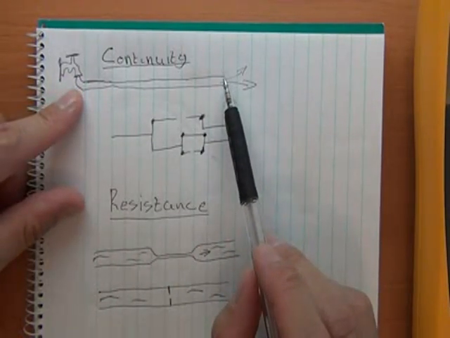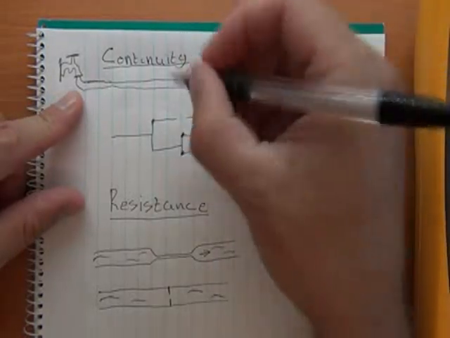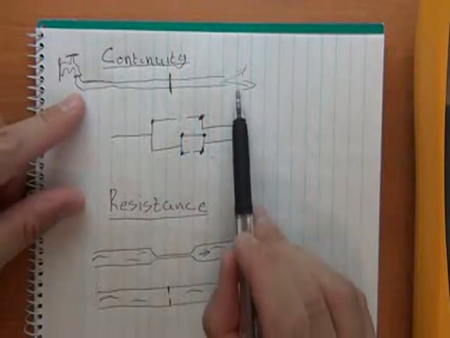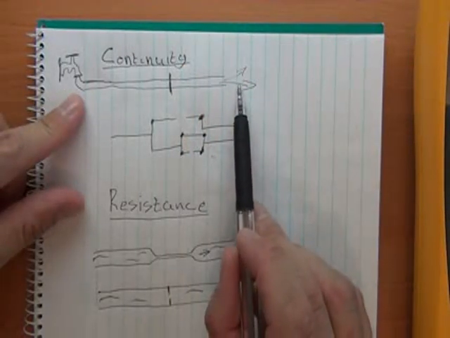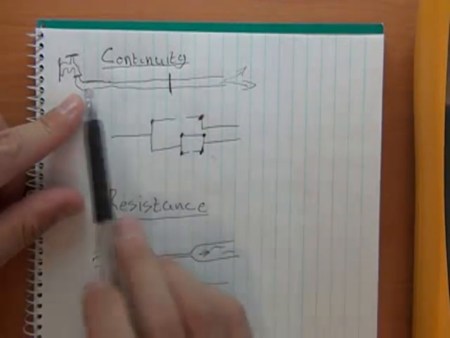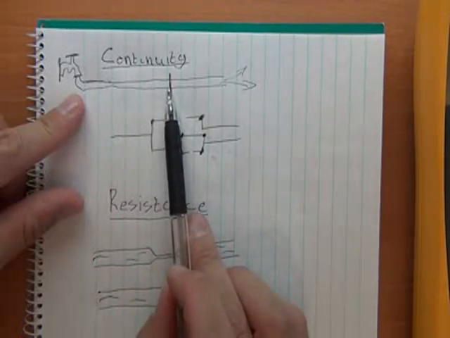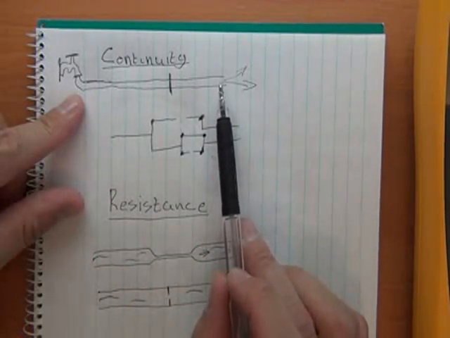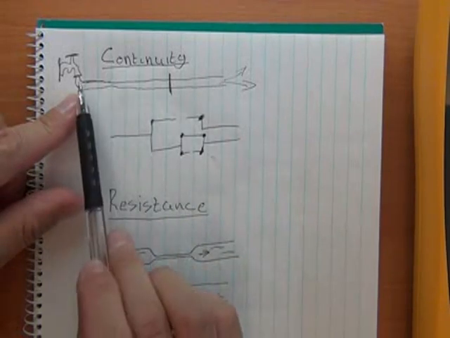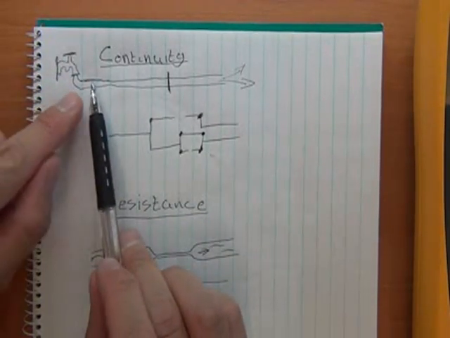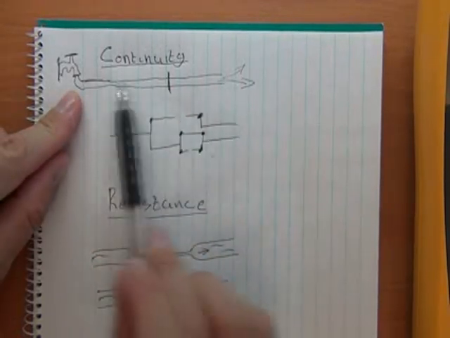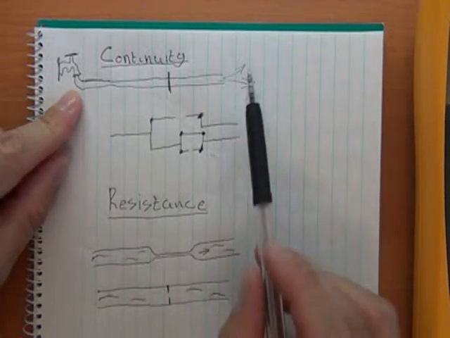Okay, so if we happen to chop this pipe over here and the water flow stopped coming out at this end over here, we'd have a problem, and we would want to try and find out where that break is. And that's in essence what we do with our continuity tester on a multimeter, is to check that we've got a flow of electricity, or if you like a flow of water, along a certain route or through a pipe